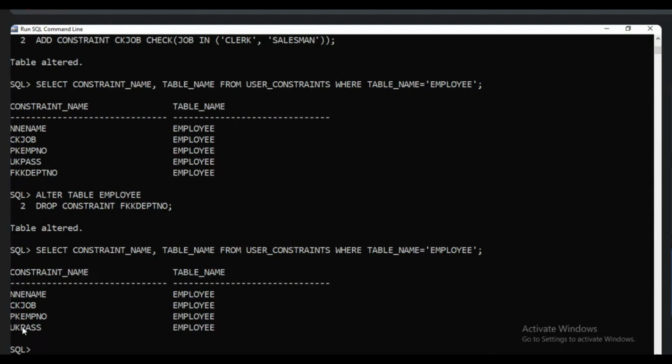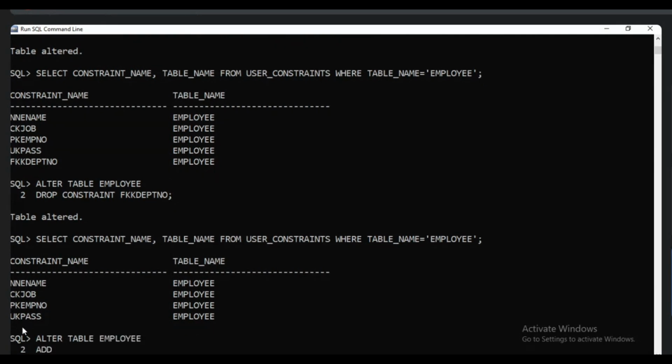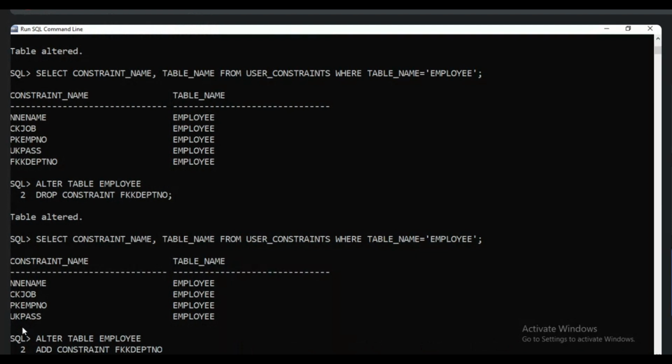So again we have to add it. With the help of alter table name, add constraint name FKK department number. We have to mention which column we are creating the foreign key on. If I want to add the constraint, we have to write the same syntax as at table level. Whatever syntax we have at the table level, the same syntax we have to mention here also: foreign key of column name,